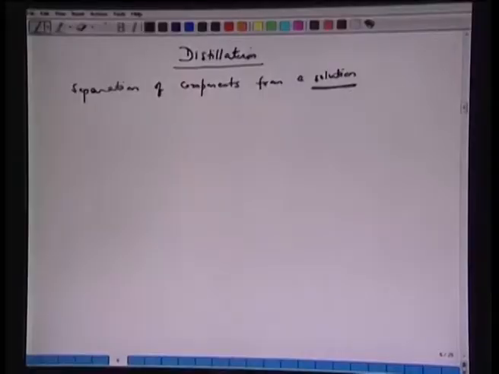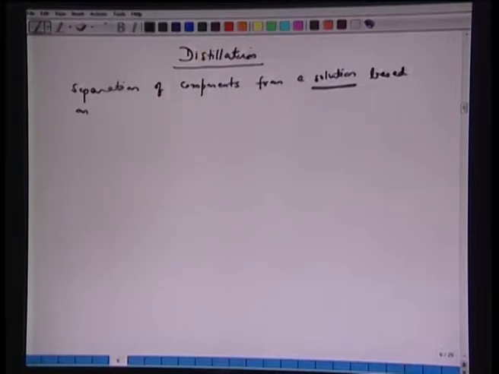For example, air, 21% oxygen and 79% nitrogen. All we have to do in distillations, if you want to distill air, we have to liquefy air to the liquid phase and then we do distillations. So, our starting point may be a gaseous phase, but in distillation it has to be liquefied to start with the feed, which could be a pure liquid or could be a mixture of liquid and vapor. So, separation of components from a solution